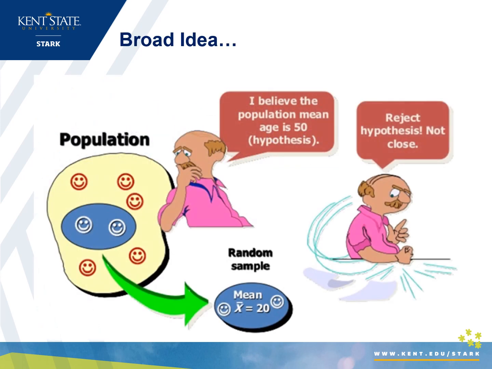Broadly speaking, hypothesis testing is what we use when we have a decision that will be based on a population parameter, but the population parameter is not observable. So we have to work with a sample statistic instead. So we gather a sample, see whether the sample statistic matches the hypothesis, and then make a conclusion about the